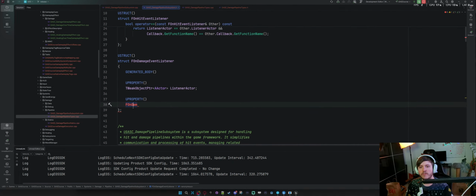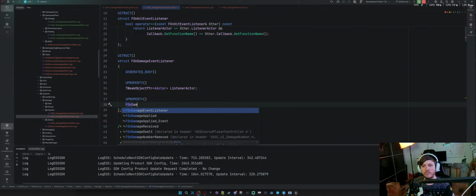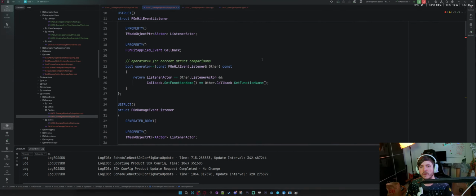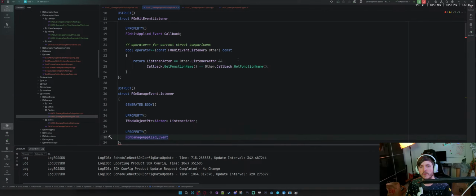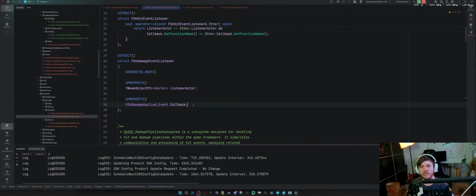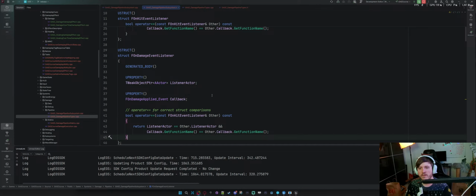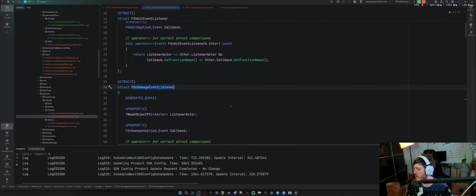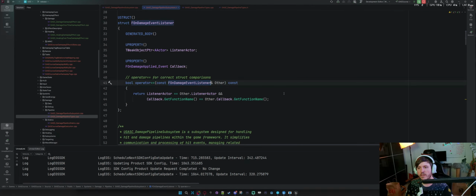Back here, so we're going to say F on damage applied event callback. We'll just name these pretty similarly, and then we could do probably the same operator there. And change this to damage event listener.